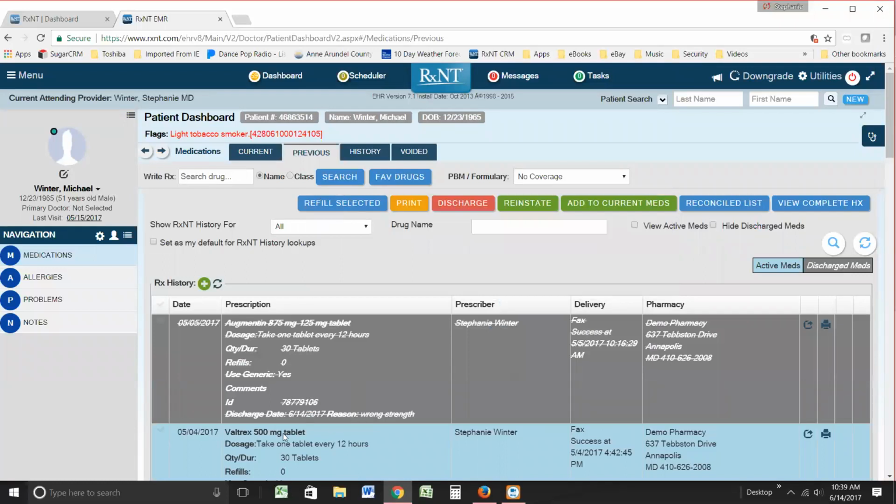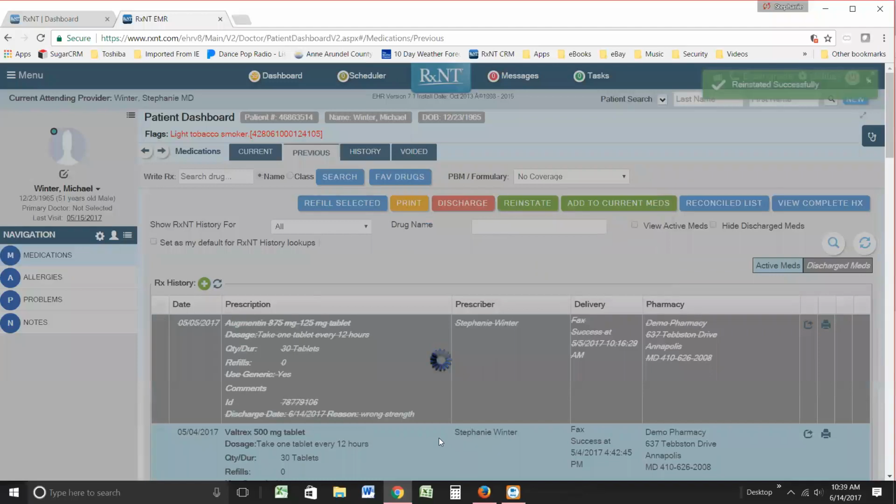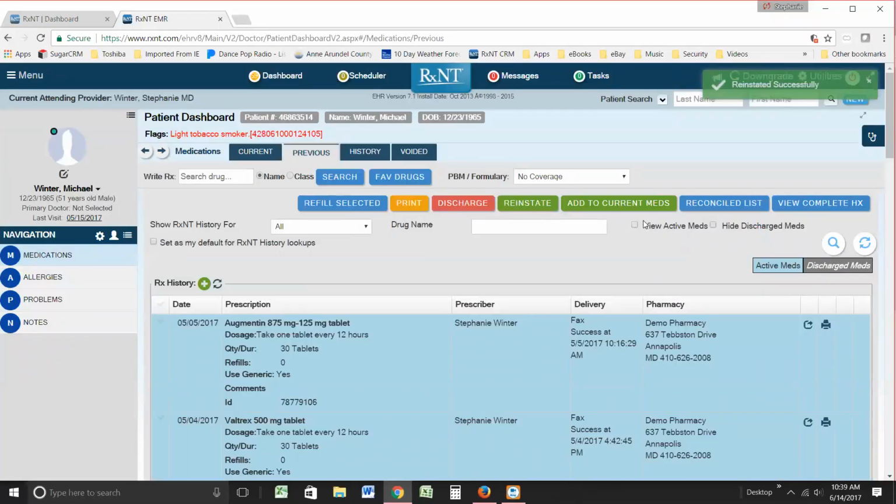If it's been sent to the pharmacy, please note you'll still need to call the pharmacy to notify them. The system will not notify them that you have discharged this medication. If you had erroneously discharged it but not yet called the pharmacy, you can reinstate it. You're also able to add to current meds as well as reconcile list, which will pull from our next tab,